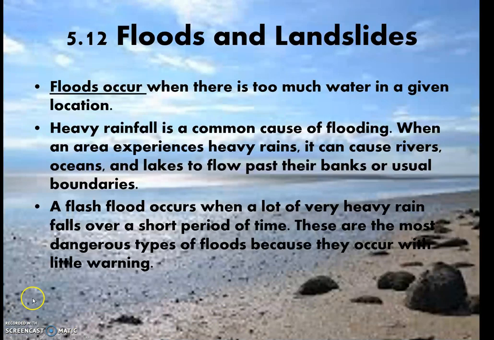Floods and landslides. Floods occur when there is too much water in a given location. Heavy rainfall is a common cause of flooding. When an area experiences heavy rains, it can cause rivers, oceans, and lakes to flow past their banks or usual boundaries. A flash flood is a particular flood that occurs when a lot of very heavy rain falls over a